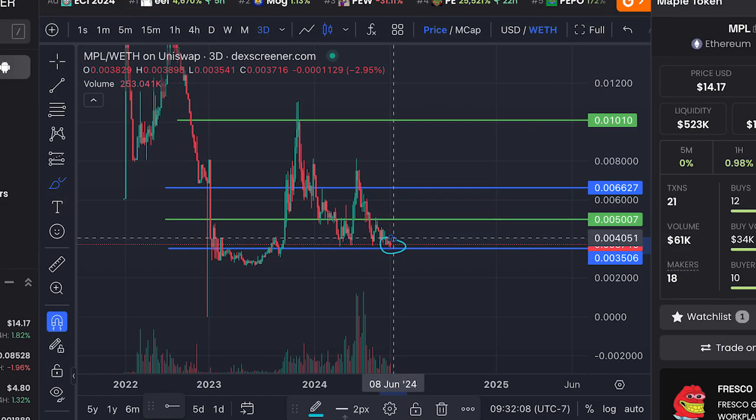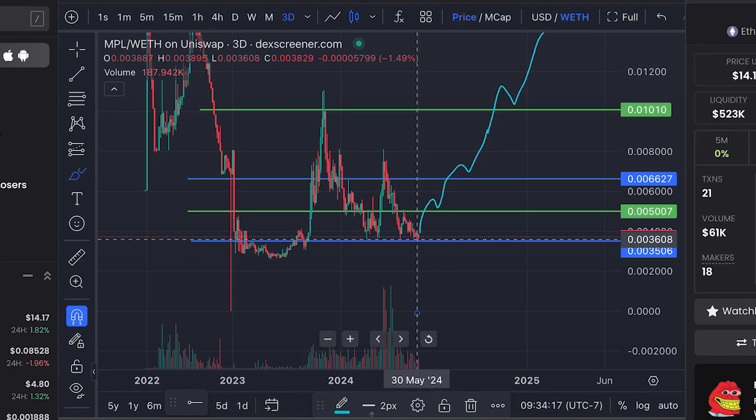Let me show you what I mean. All right, so let's say you want to provide liquidity for Maple, right? And price is right here. And you think that Maple is going to do one of these, right? Backtesting isn't as important because price hasn't been in this range in a while. So for price to get here, volume is going to have to increase, right? So backtesting isn't as important.